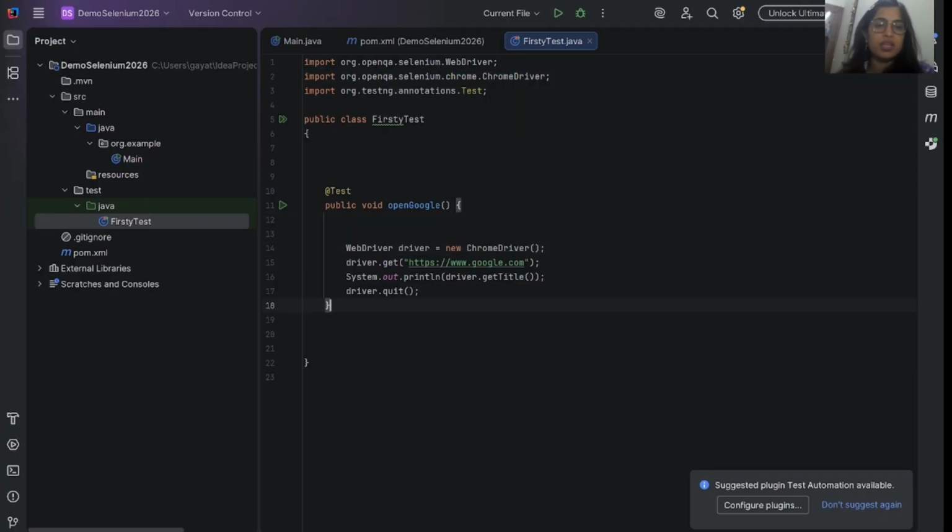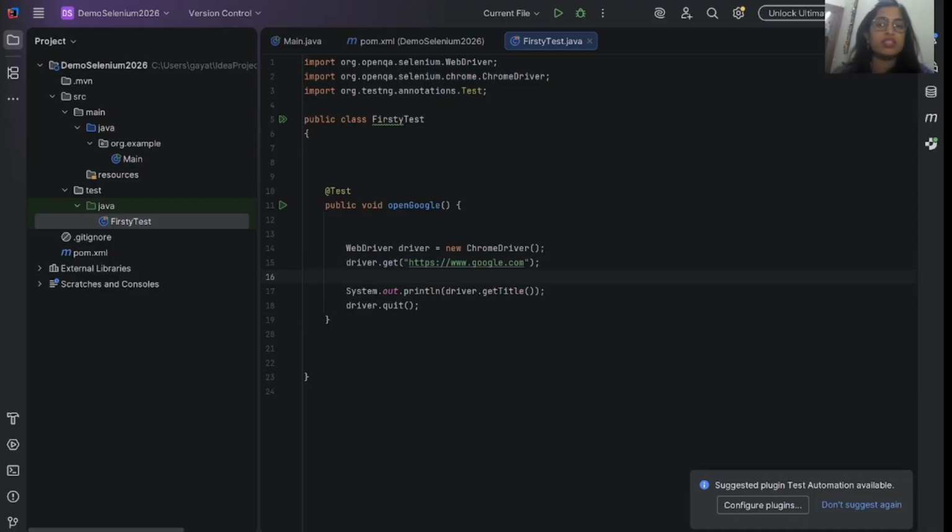We can run this. Here we are writing WebDriver driver = new ChromeDriver. We create an object of ChromeDriver as driver, and then we open a URL with driver.get, which is a method to open a URL. Then we print driver.getTitle.